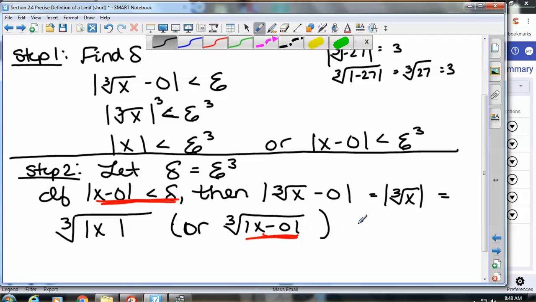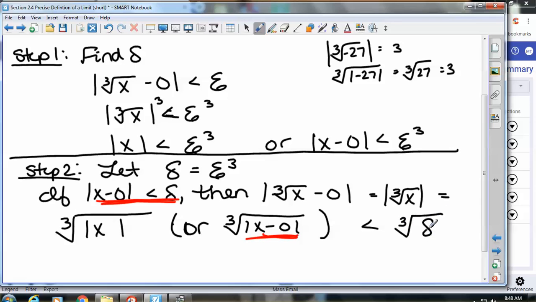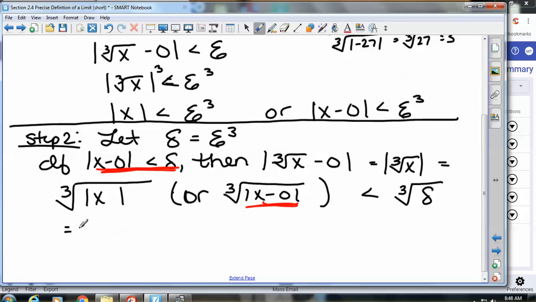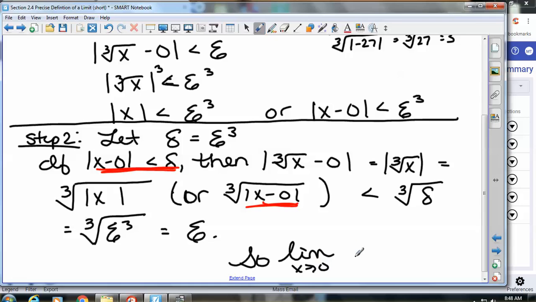So right now I can say this is less than the cube root of delta. But what is delta? So that's the cube root of epsilon cubed, which is epsilon. So we showed that the limit as x approaches 0